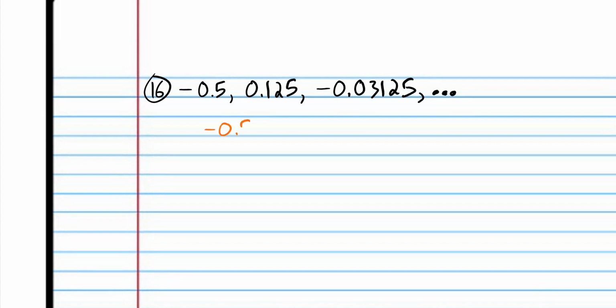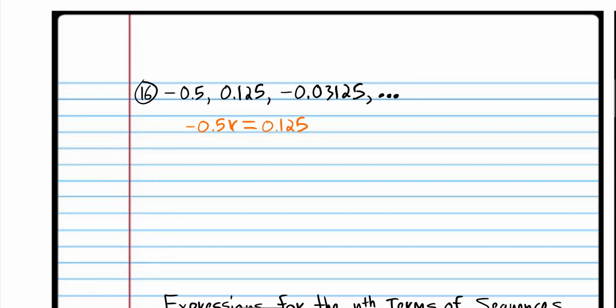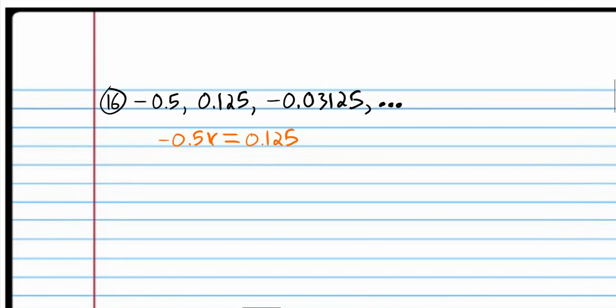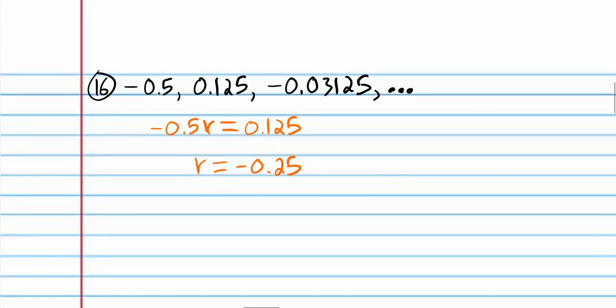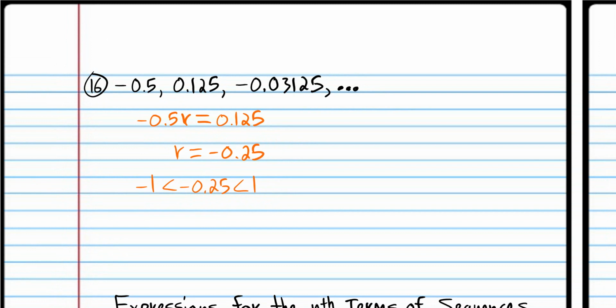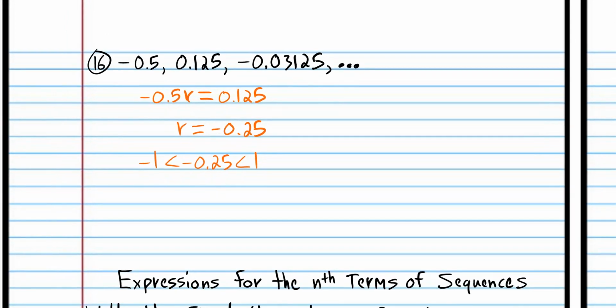Alright, we're back, so let's confirm that the common ratio is between -1 and 1. So the first term times r should be equal to the second term. So if we do the math, we get 0.25 for the common ratio, or -0.25. And -0.25 is between 1 and -1. So we can use our formula,